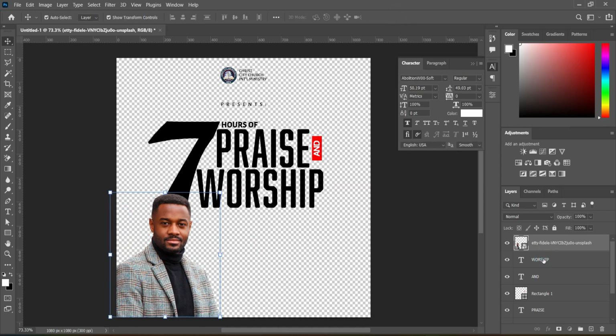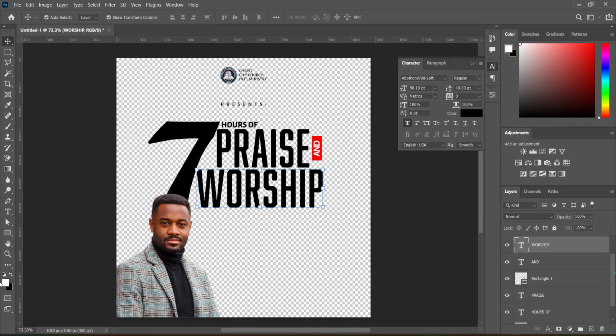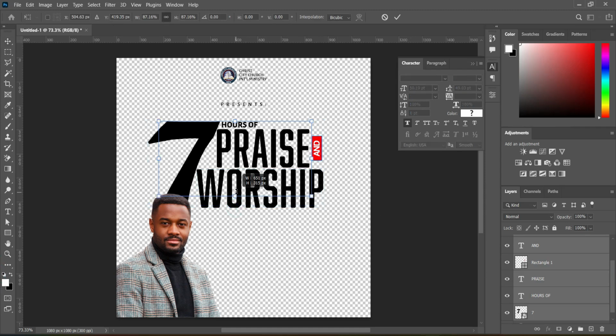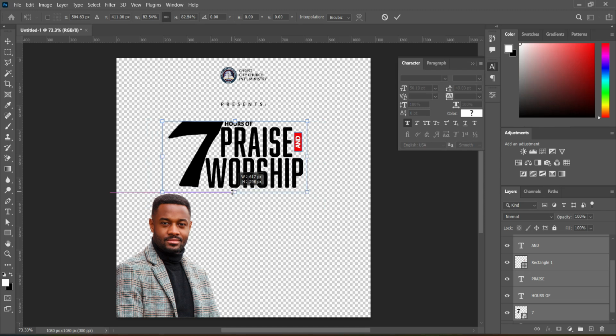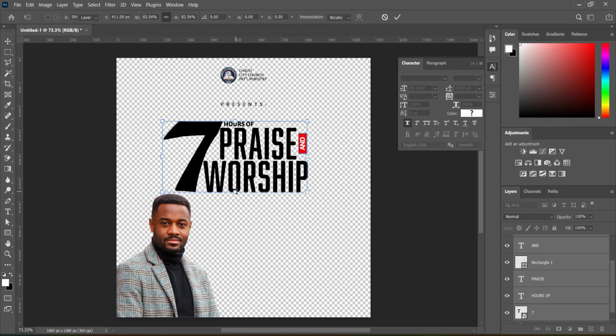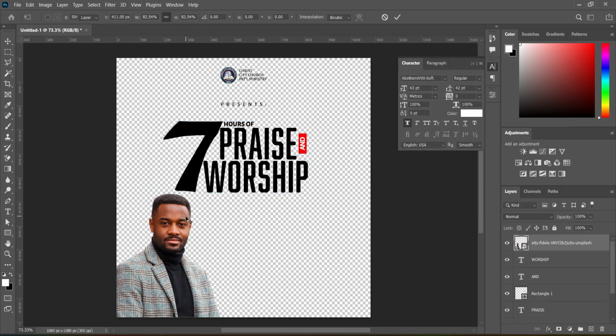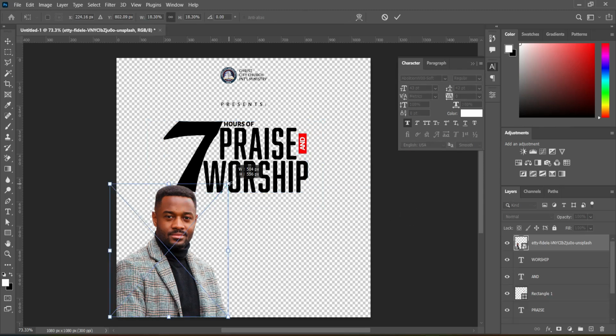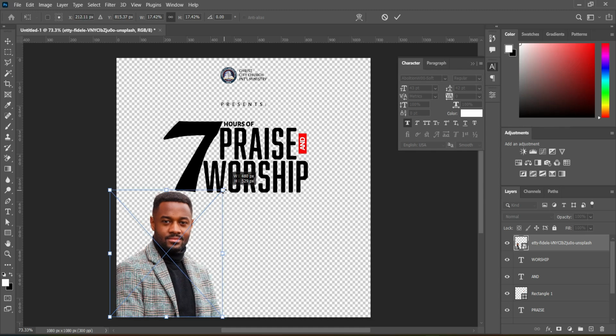down. Then I'm going to reduce the text here. So hold your shift key, then select it this way, and now then reduce the size. Okay, then increase the size of this one a little. It's okay. So having done this one now, so the next thing we are going to do,